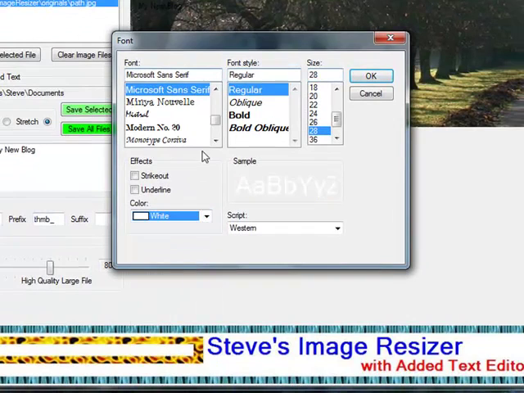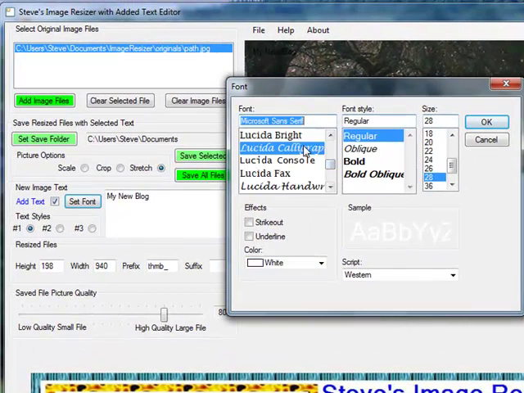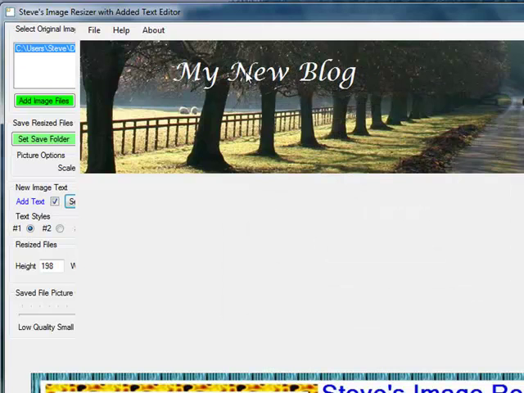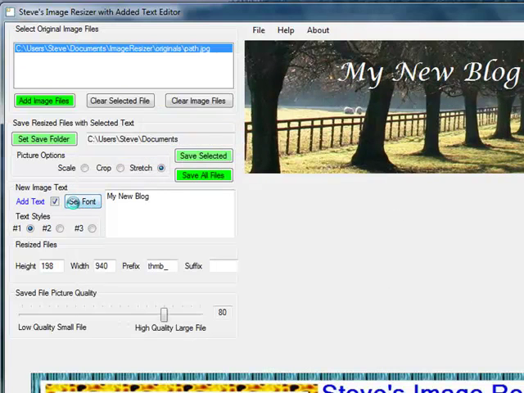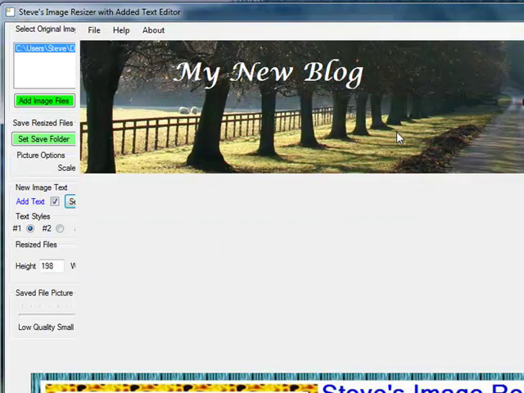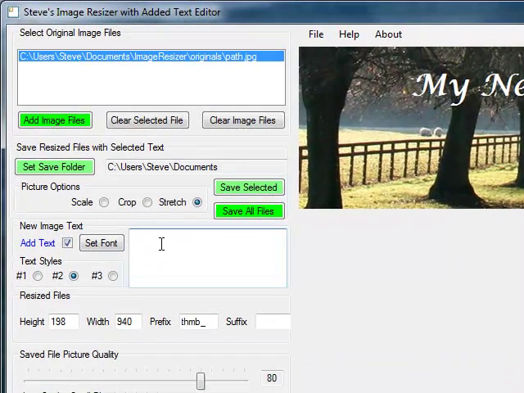We'll have a nice white image and maybe something a little bit more interesting in terms of font style, such as this one. So there we have our new text, italic bold. Let's put it on bold, shall we? That's better. And maybe I want another style, such as my blog URL,